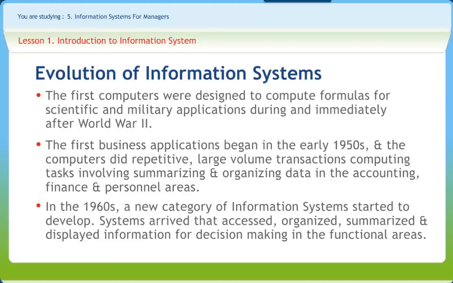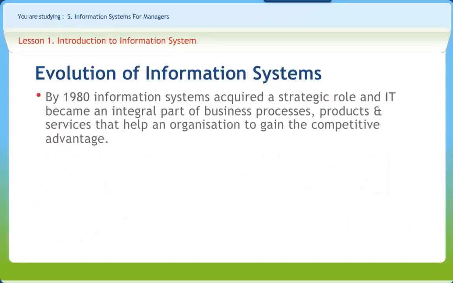Breakthroughs occurred in the development and application of artificial intelligence techniques to business information systems in the form of expert systems and knowledge-based systems that provided expert advice in certain areas. By the 1980s, information systems acquired a strategic role and IT became an integral part of business processes, products and services that help an organization to gain competitive advantage. There was a need to improve the quality of information and hence ensure the accuracy of input data. This necessitated bringing the input as close to the point of origin as possible, which therefore resulted in IT enabling